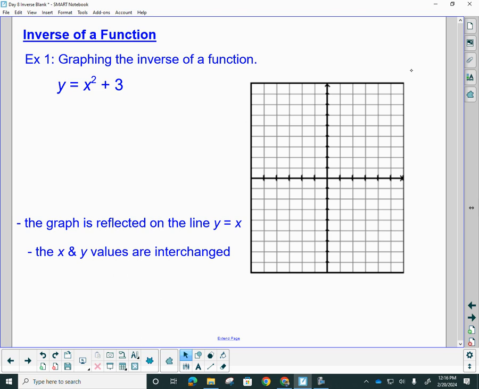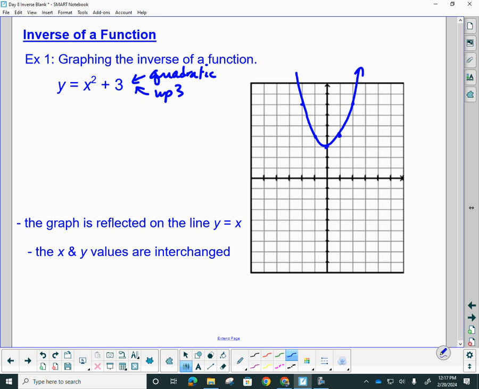So hopefully you've written this down already. This function here is a quadratic. I know this from x squared. And the plus 3 is outside the function, so it moves up 3. So I know the original function would start at 0, 0, x squared. So I'm going to go up 3. And then sort of recreate my 1, 1 or my step pattern to get these coordinate points and draw my